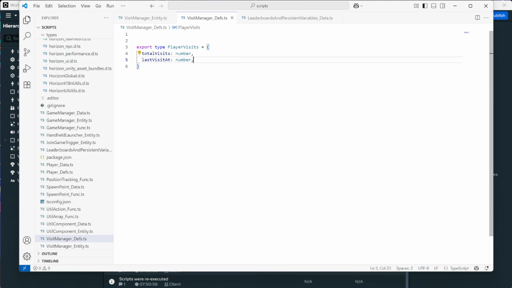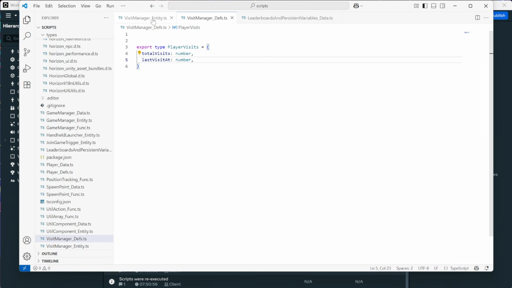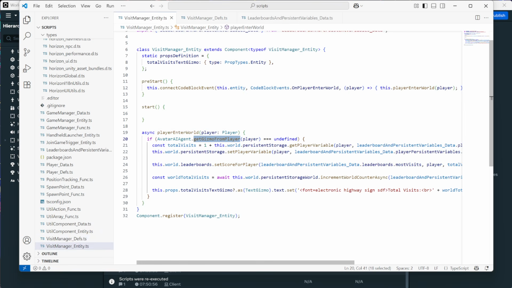So we've got our visit manager. We're going to go into our visit manager entity. And when player enters world, we haven't done anything with the JSON. We're really not going to use it for leaderboards or anything, actually. This is just quickly to show you how to set it and how to get it. And so what we need to do first is be inside of this